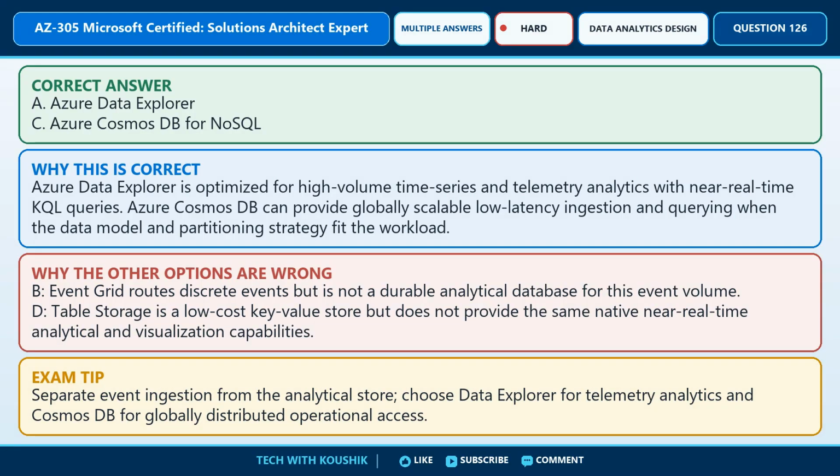Select option A, Azure Data Explorer, and option C, Azure Cosmos DB for NoSQL. Here is the technical justification. Azure Data Explorer is optimized for high-volume time series and telemetry analytics with near real-time KQL queries. Azure Cosmos DB can provide globally scalable low-latency ingestion and querying when the data model and partitioning strategy fit the